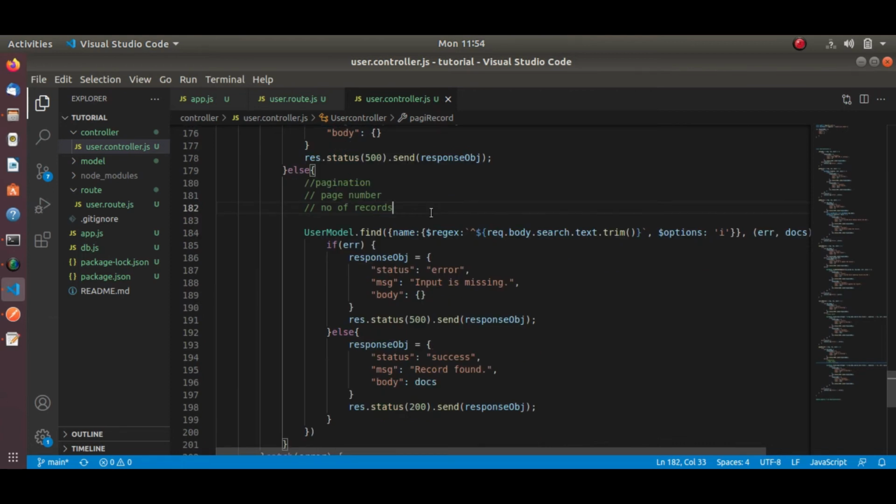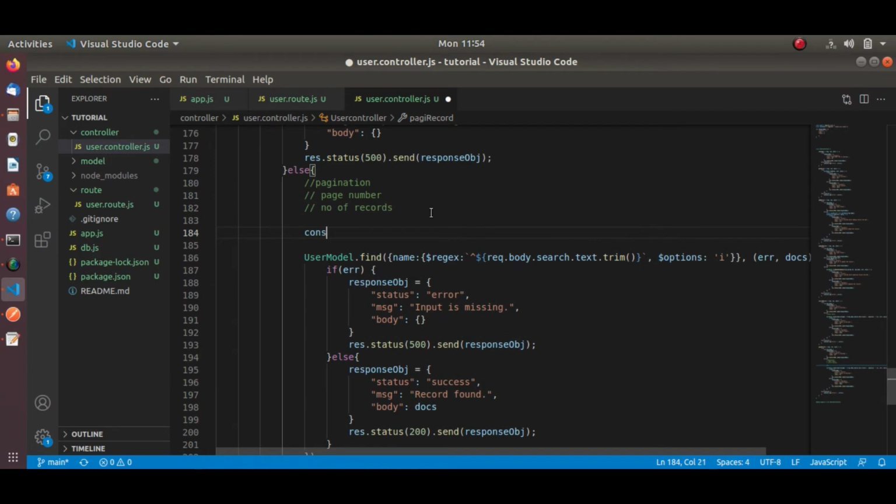Accordingly, we'll do the pagination. Let's declare const. First is your page number, let's say current page, and I'm keeping the same name, current page.